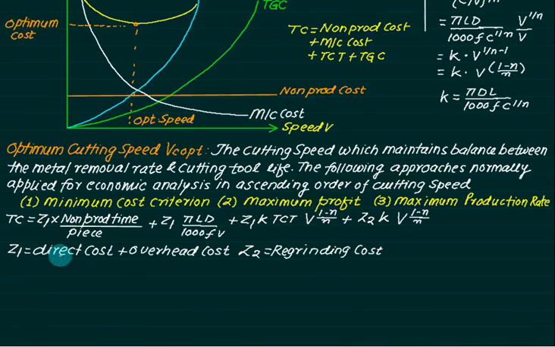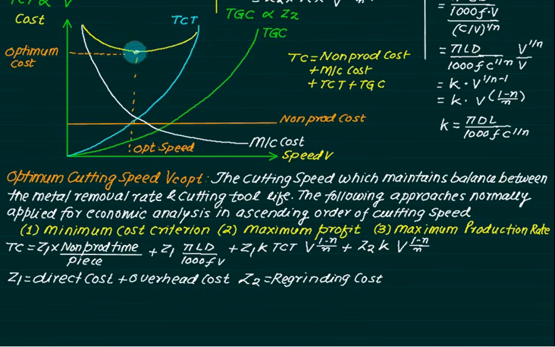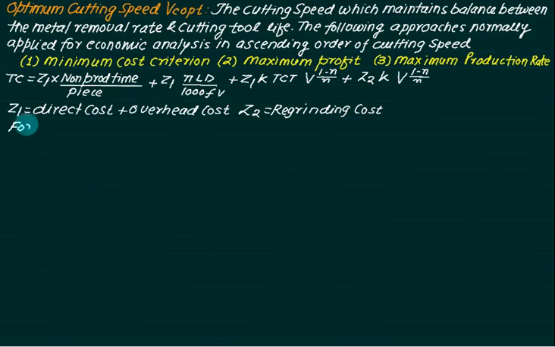What to do is that you have to differentiate this equation with the cutting speed, that is our x-axis. So we want dy by dx. For dy by dx our cost is the y-axis and x is speed. So for optimum cutting speed we have the derivative of total cost divided by dV must equal 0. If we differentiate this and equate to 0, that is a very lengthy procedure. I will skip it. I will give the end equation.